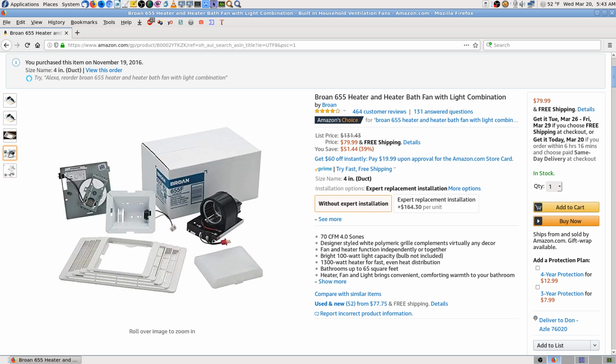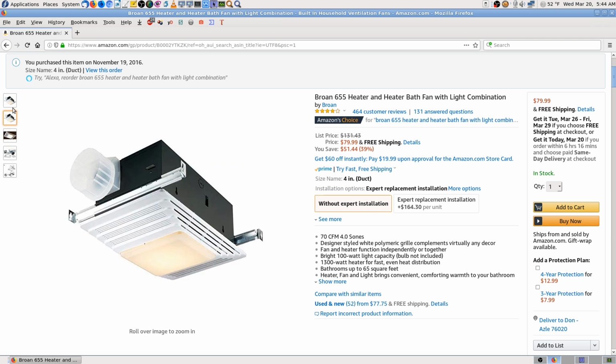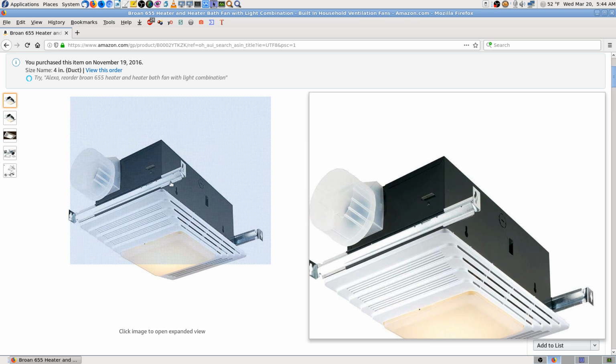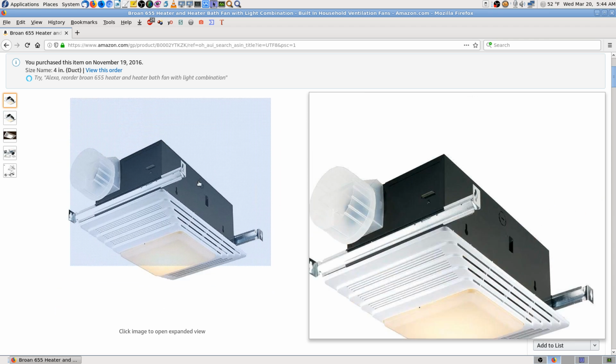I've seen people talk about doing it, maybe with some other design, but that one there, you need to be in the attic to do it. And it was a heck of a lot easier than trying to. Well, there you go, there's a picture of what they look like. It's not a big deal. It's just hard working in the heat in the attic, and then of course the dust that makes you sick and everything. But those slide out, kind of like drawer slides, and then you nail them to the rafters,